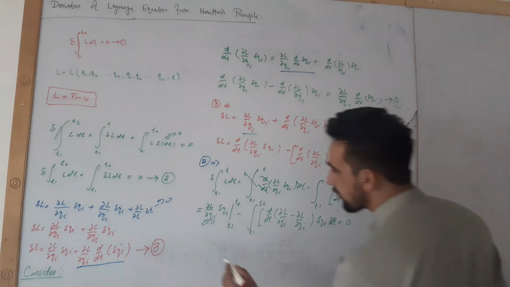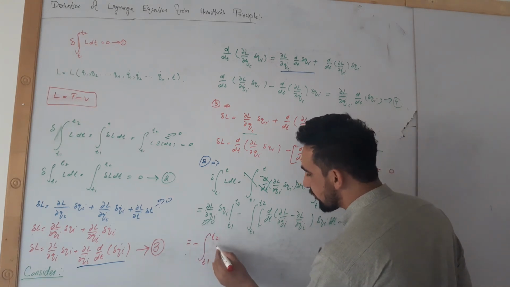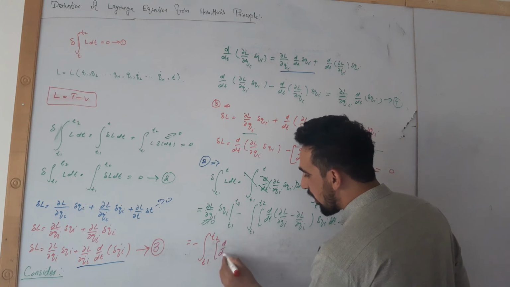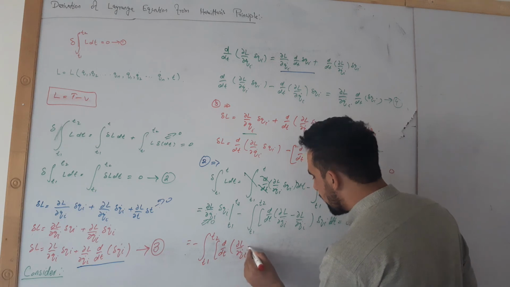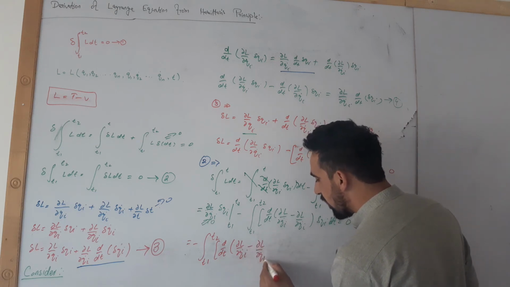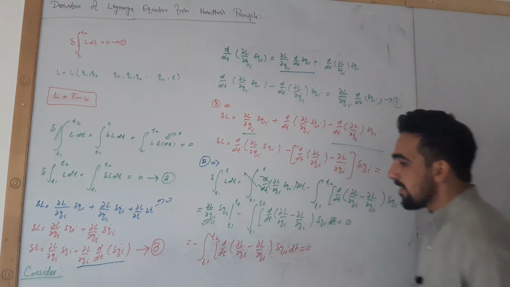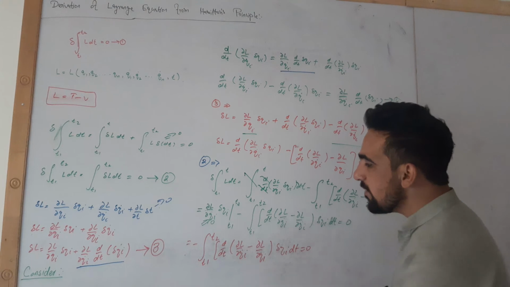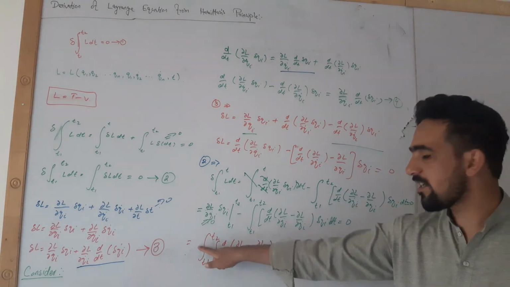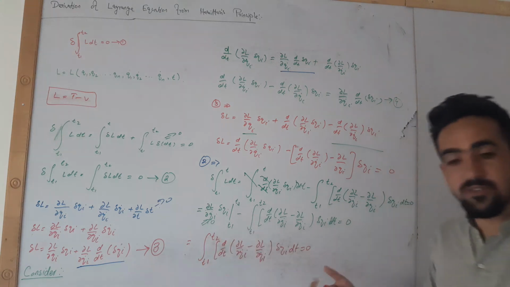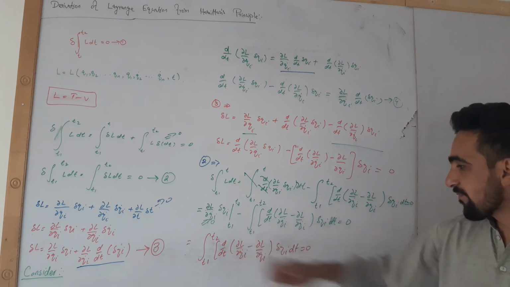When this whole term becomes equal to 0, we have minus integral T1 to T2 of d by dt of partial L by partial qi dot minus partial L by partial qi, del qi dt is equal to 0. Now we can eliminate this negative sign by multiplying this whole term by another negative, or dividing by -1 on both sides, whatever you choose.